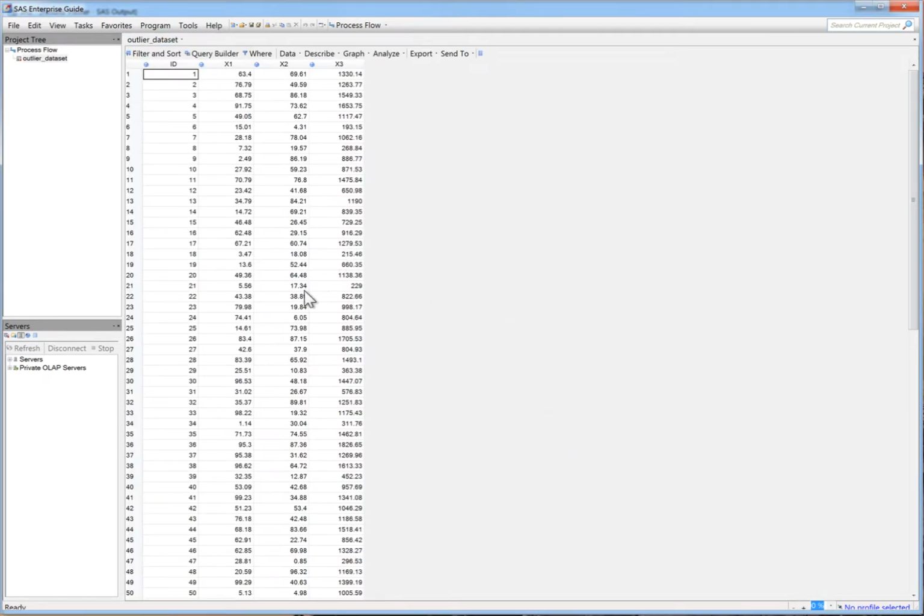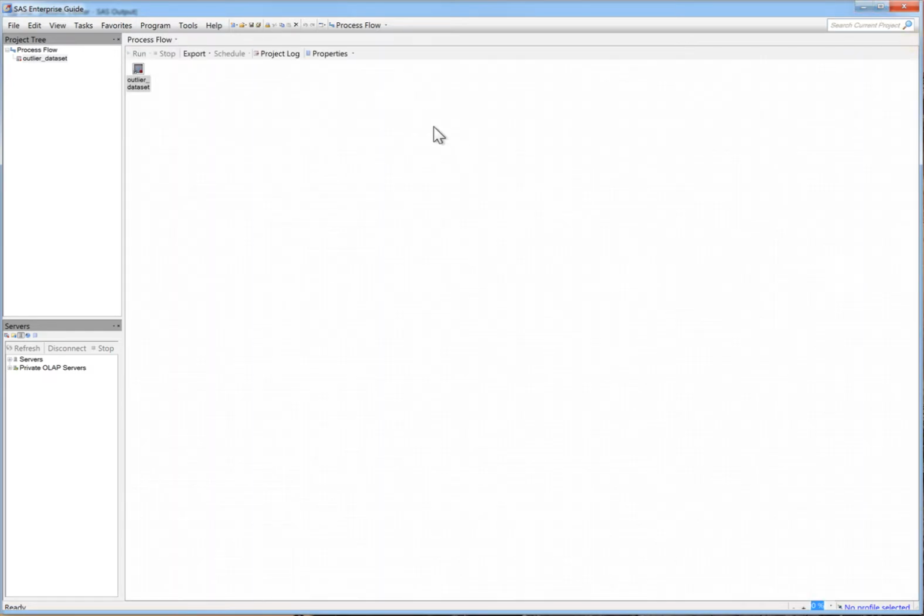And it immediately brings us to a page where we can actually look at, peruse, skim through the data set, and so forth. And so now what I want to do is create the same kind of graphics that we created using the SAS program, but we're going to create those using the point-and-click interface of SAS Enterprise Guide. With this particular panel up, looking at the Outlier data set, we could select the analyses and graphics that we want using this particular menu. But I'm going to just close out this particular view, and that will take me back to the